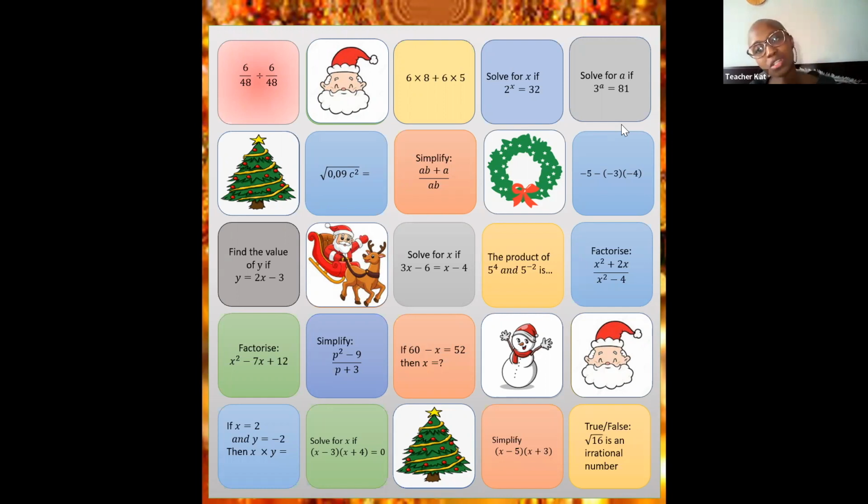So remember what this question is saying is 3 to the exponent of something is 81. So we want to know what that something is. How will we get 81 from a base of 3 and some sort of exponent? We don't know which exponent yet. So we have established that the only way you're going to get 81 with a base of 3 is by saying 3 to the exponent of 4, because 3 times 3 is 9, times 3 is 27, times 3 is 81. Do you guys feel better about it?